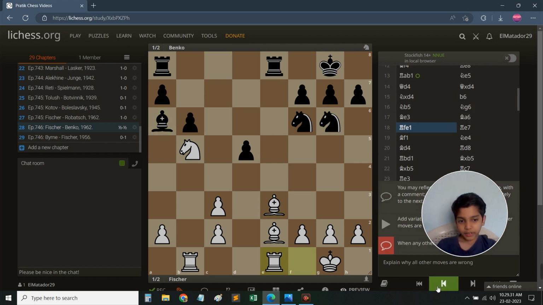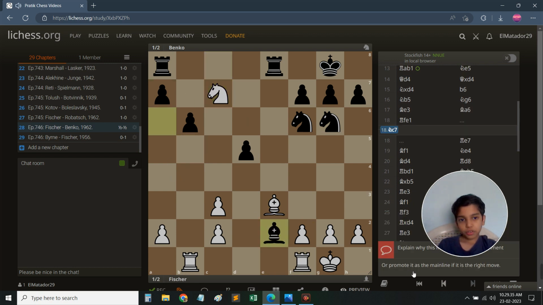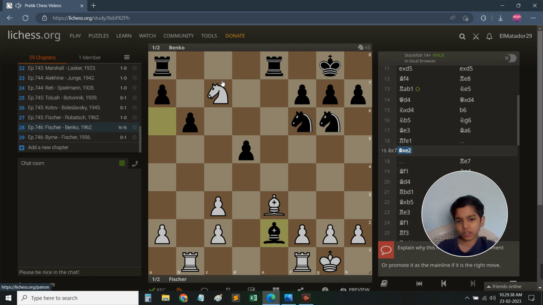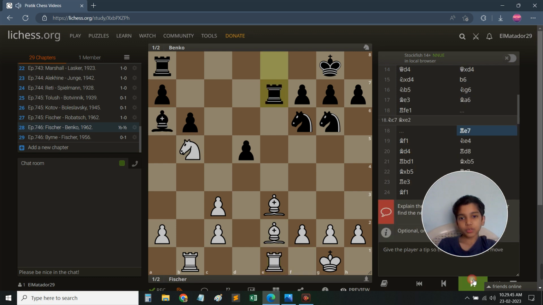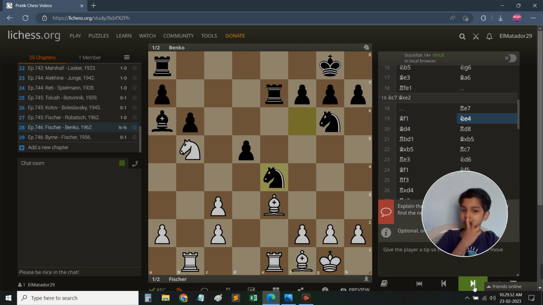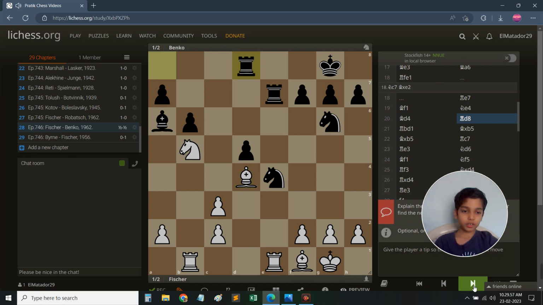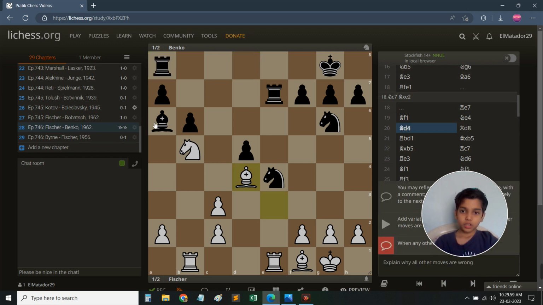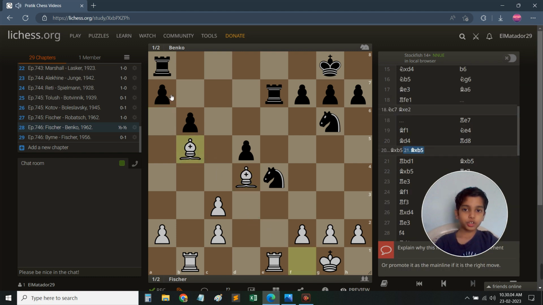Here knight c7 was not possible because bishop e2 was just losing. It's a drawish endgame, but Fischer didn't want to go into those complications. Rook f1, rook e7, bishop f1. Now white gets his bishop back, knight e4, bishop d4, rook d8. Instead of rook b8, if white took bishop b5, then bishop b5,